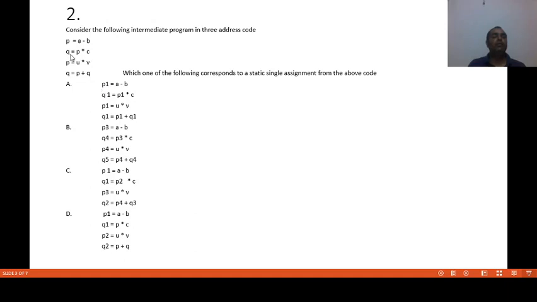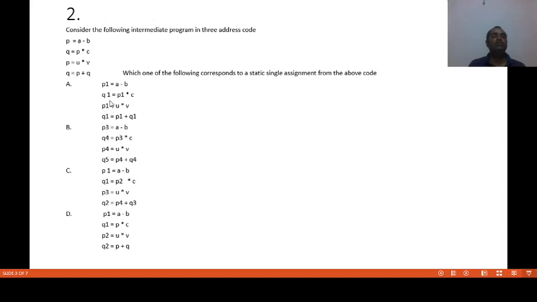Now, Q assigned the value of P into C. It is written here Q1 assigned the value of P, and the assignment corresponding to P is what? P1. So it becomes P1 into C. This is also correct.